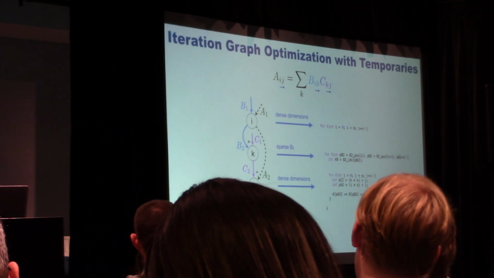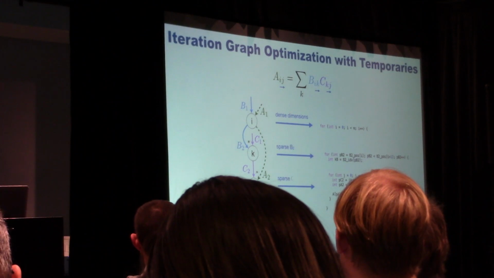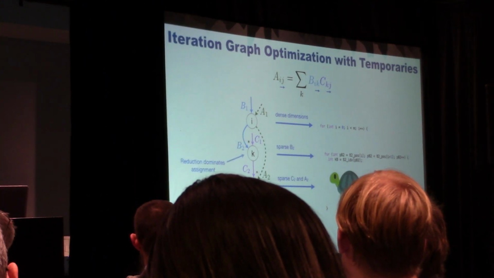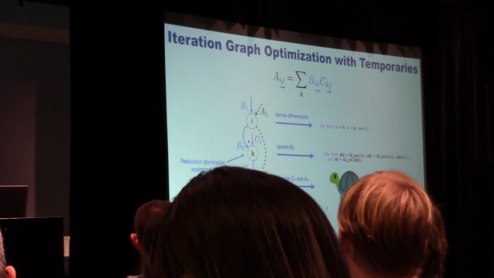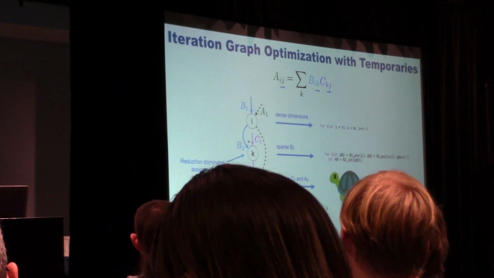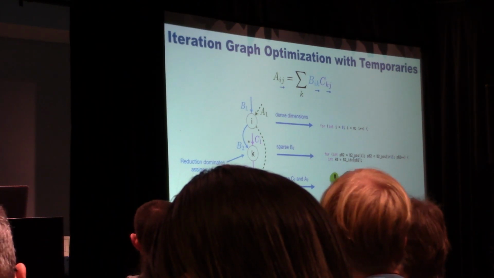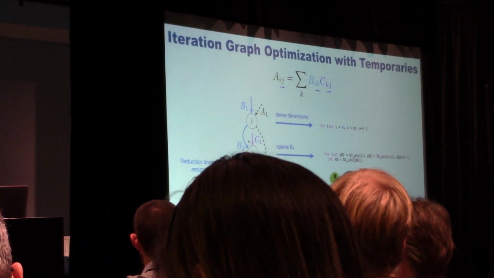So if it is that, I can generate the sparse code here. Things get very dicey when you have sparse dimensions in here, with C and A as sparse. The problem in here is we have this reduction happening before we are updating. So what that means is we have to scatter a result into A multiple times. So you are iterating over the writing few things of A, the entire A, and then writing another few things